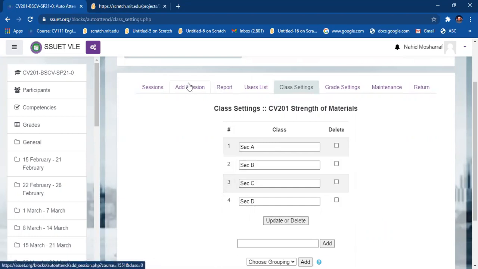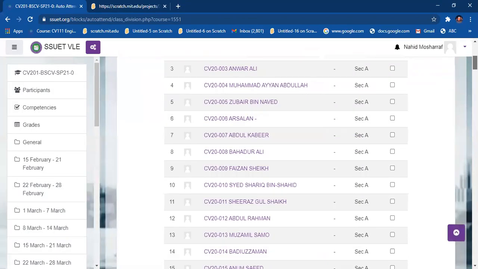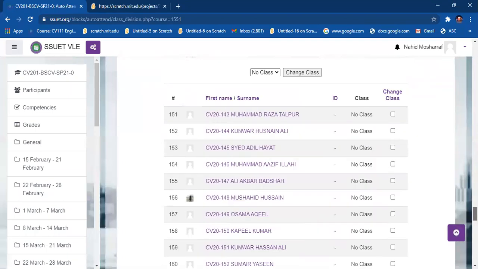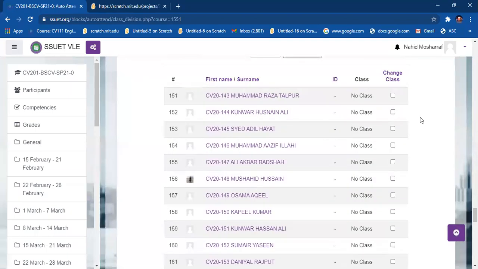So let's go into creating or adding a session. First of all, I want to see the users list. And how can I check the users list? Let's see whether my students are enrolled in section D. There is no section D written over here. So I have to check or compare with the list, and then I have to mark all these students section-wise.